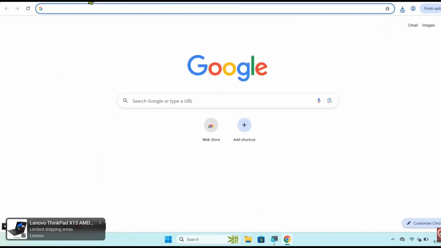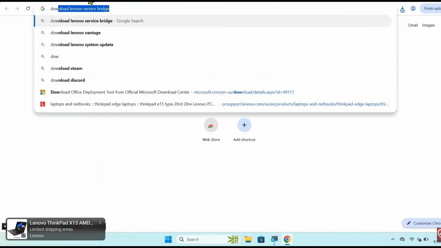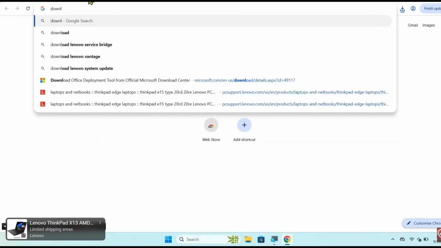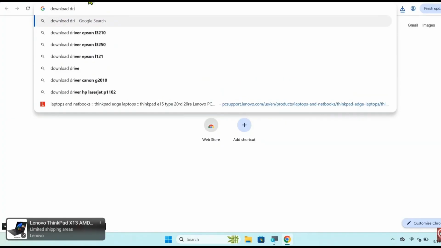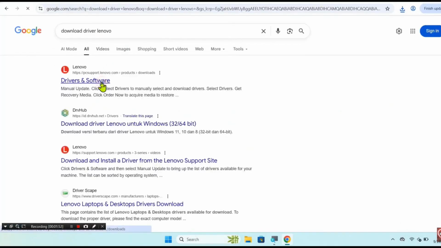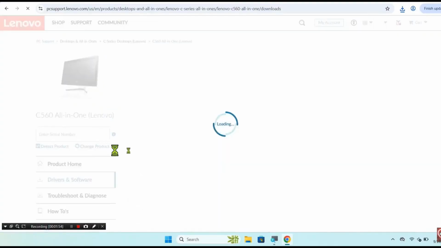When we have opened a new tab, now please type Download Lenovo driver. Just enter. Later we will choose the official website, the top one.